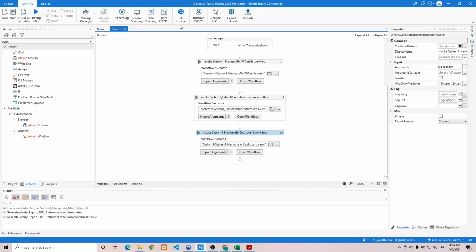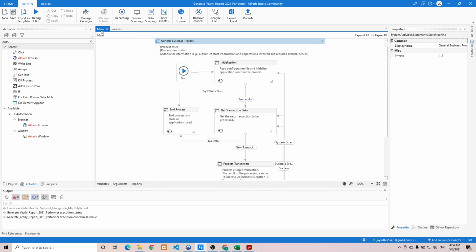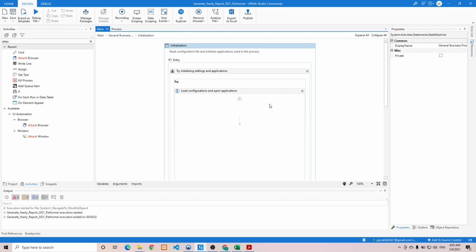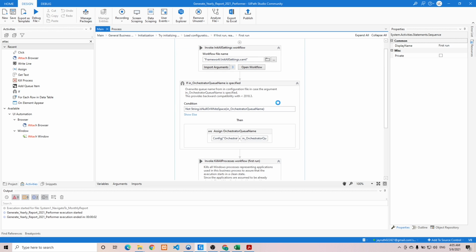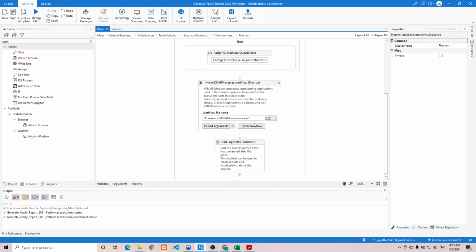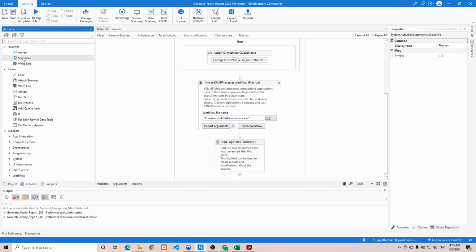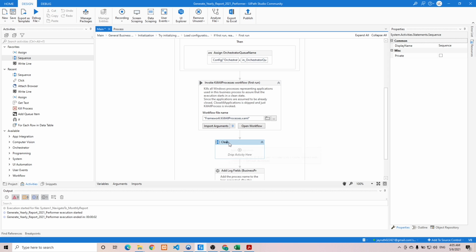So here it says that we need to go inside the initialization scope and create a sequence after the kill all process. So I think we did it also in the calculate client security hash. So we need to add a sequence in here. So just drag that sequence activity. Let's name the sequence cleanup. And in here, we need to,